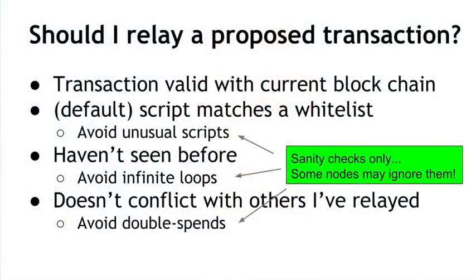But it's important to keep in mind that all of these checks are just sanity checks. So well-behaving nodes all implement these to try to keep the network healthy and running properly. But there's no rule that says that nodes have to follow these specific steps. So since it's a peer-to-peer network and anybody can join, there's always the possibility of a node not following this exact protocol, forwarding double spends, forwarding transactions that aren't standard, forwarding transactions that aren't valid. And that's why it's important that every node do the checking for itself.